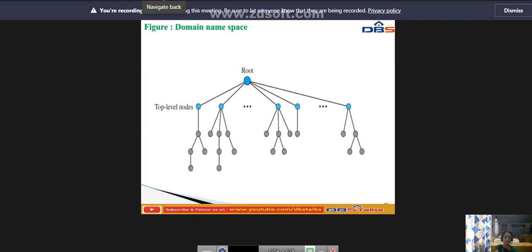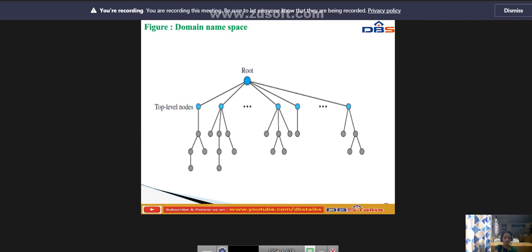A full domain name is a sequence of labels separated by dots. The domain names are always read from the node to the root. The last label is the label of the root, null.